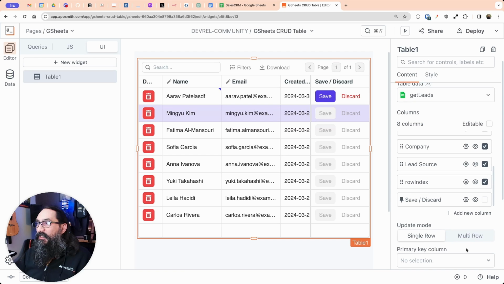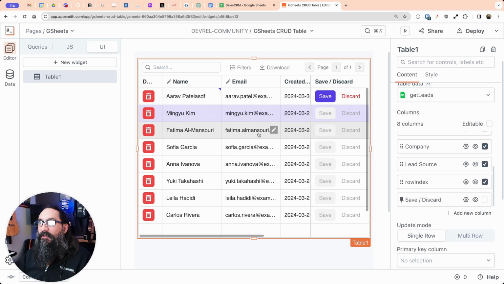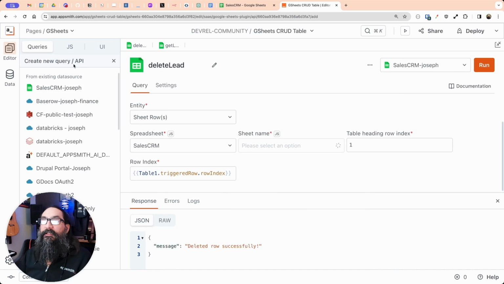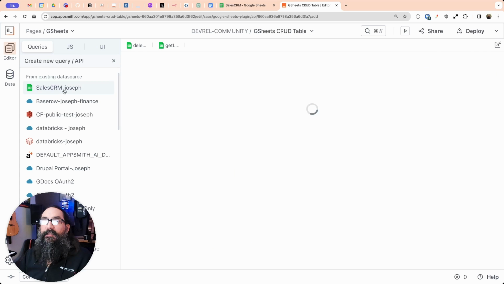So there's a separate multi-row update mode. I'm not going to get into that now. We're going to stick with single row edit, and that means every row has its own save button. You could edit multiple rows at once and then save it back, but we're going to keep this simple and just do a one row editable table. So we have an edit queued up right now, but we don't have a query to save it or do anything with it. So back to the query, I want to add another query with our CRM Google Sheets data source here,